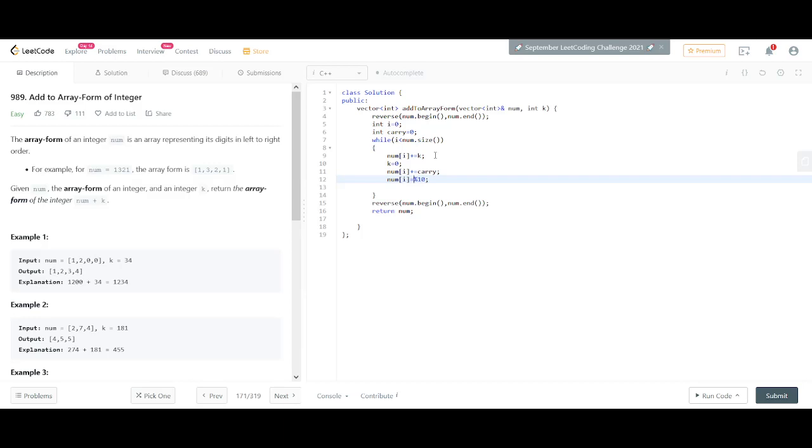So first we need to carry the value. So carry value will be num divided by 10. After that, the value of num i would be num i modulo 10. This is fine to me. After that, we'll again go to the next particular i, and we'll have the value of carry and the value of num. The same procedure will take place, and if the value of carry is greater than 0, we have some numbers left, then